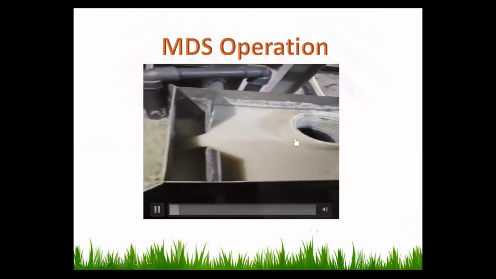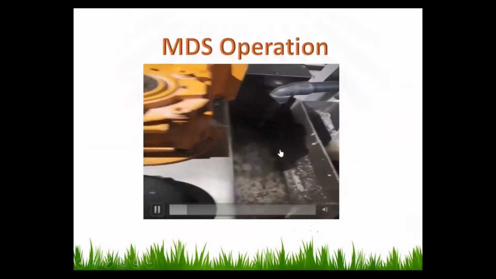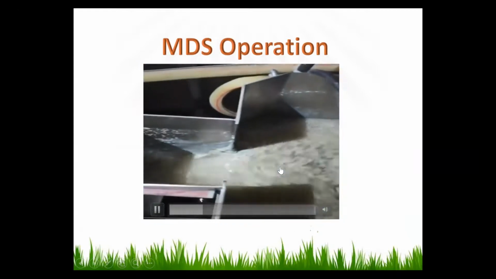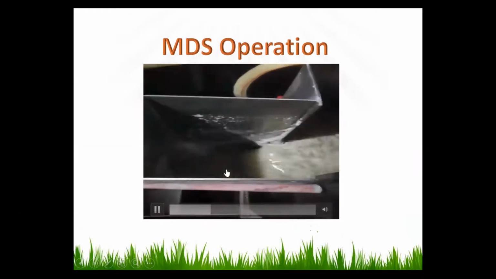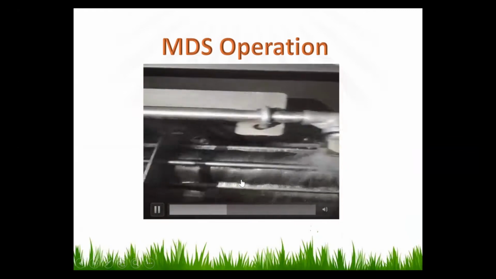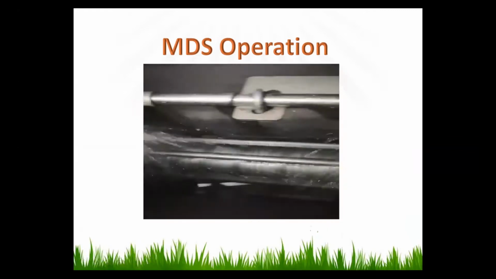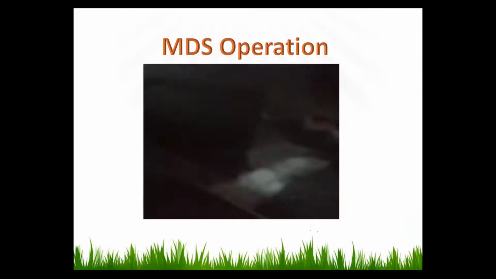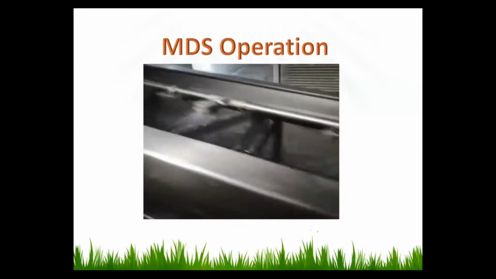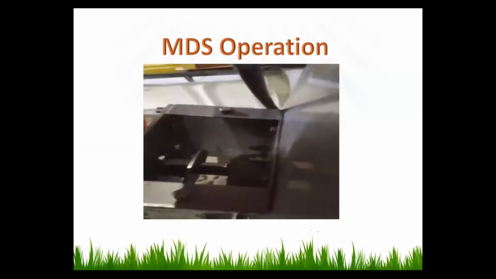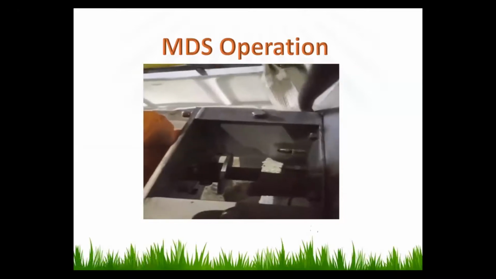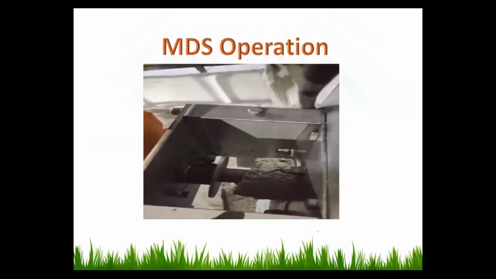So firstly, the sludge will be going to this tank, then mixed with this flocculant formulation. Then the sludge will be dense. They go to this thickener zone. So here, the sludge and water will be separated, and the water rinsing will be sprayed to prevent the sludge from adhering on the ring. Then the filtrate will flow through, the rings come out, and the dry sludge cake will be produced at the end of this MDS. This is the whole overall operation of the MDS.